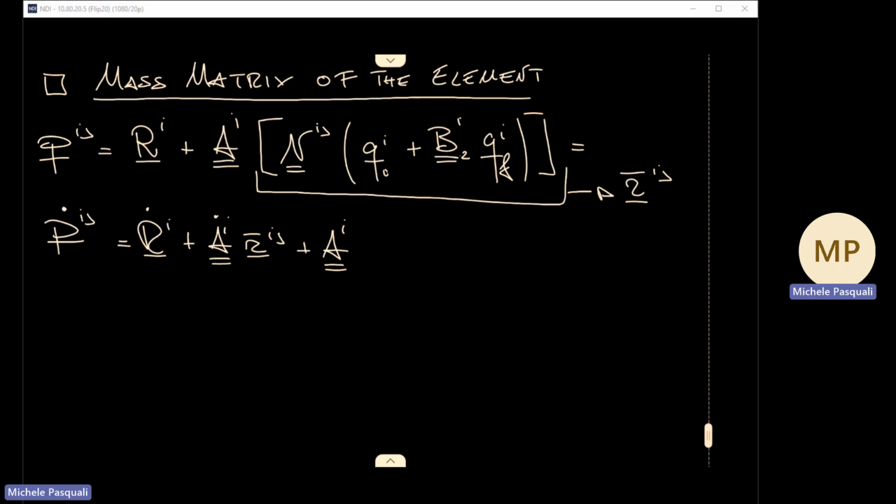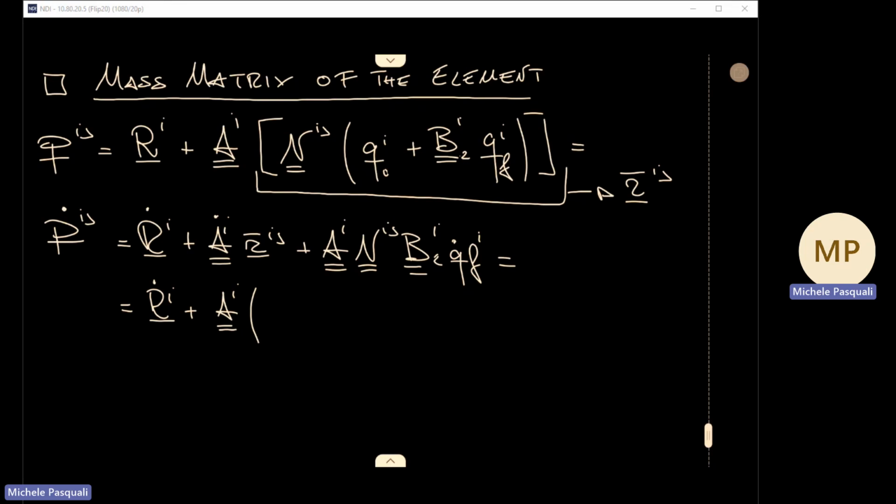So applying the chain rule of derivation, we can write the following, and this in turn can be written as A_i applied over